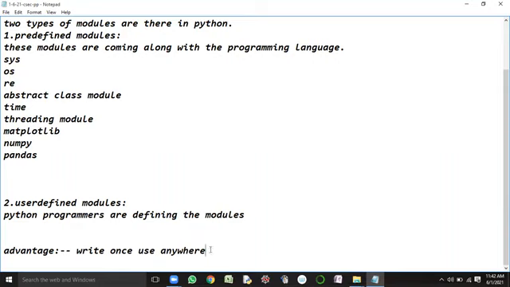Are you following? Yes, sir. So what are we achieving? Code reusability. With functions also we are achieving code reusability, isn't it? Yes, sir. When you define functions as part of a program, those functions can be consumed only within that program. Instead of writing the same code multiple times within the same program, you go with the concept of functions. It provides code reusability within the program.